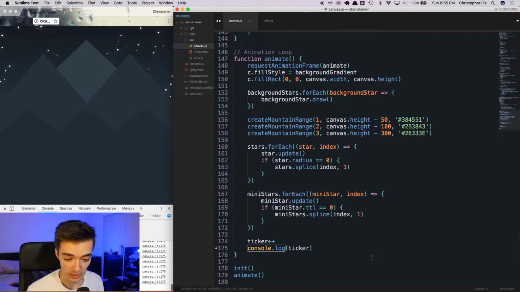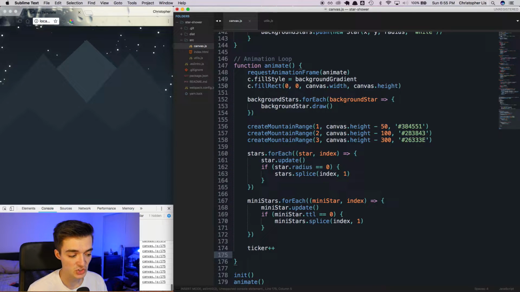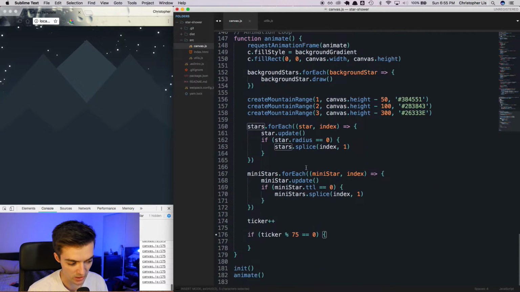Okay, that's great. But now we need to actually determine, based on this ticker, when we actually spawn the stars. And we're going to spawn the stars whenever this ticker is divisible by a certain number. And that number is going to be randomized. But first, let's just go ahead and spawn the stars when this ticker is divisible by, let's say, 75. So we can say, if ticker is divisible by 75, like so, then we want to push, we're going to use our main stars array. So that's this one right here. We want to select our stars array and we want to push a new